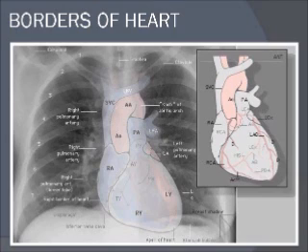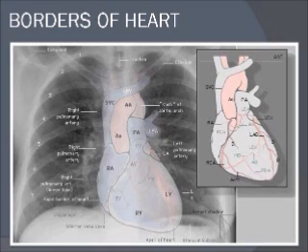Now coming to the borders of the heart. On the chest X-ray we don't see individual structures, we just see a shadow of the heart, but by knowledge of the anatomy we know that the right heart border, from above downward, is formed by the superior vena cava, and then the right atrium, and sometimes a part of the IVC may form the right heart border. Normally the right heart border is formed by superior vena cava and the right atrium,